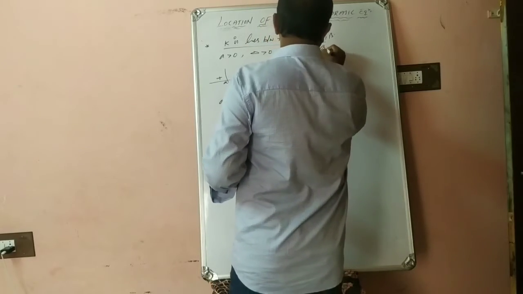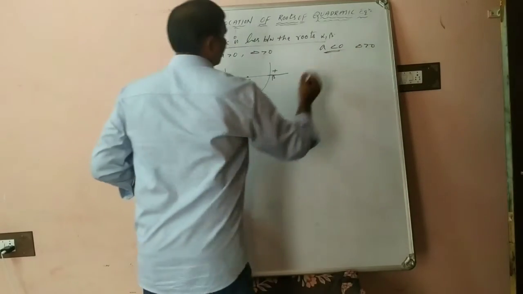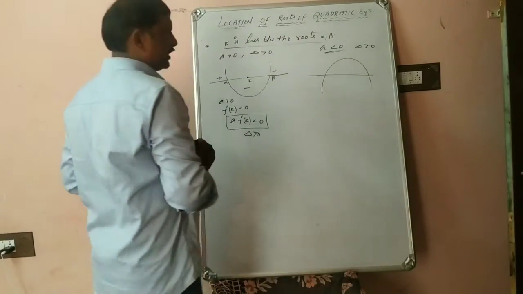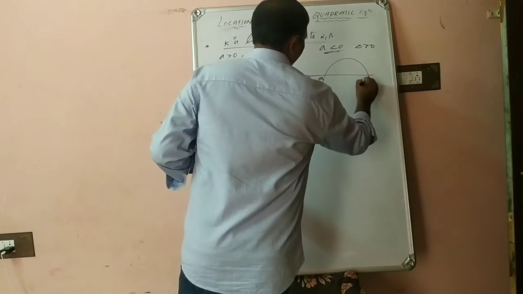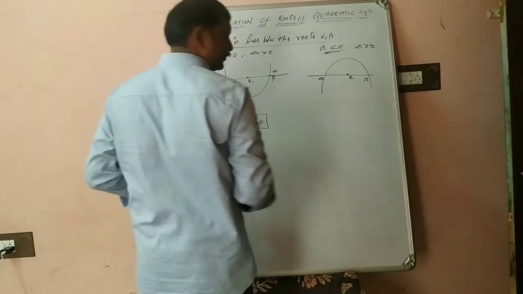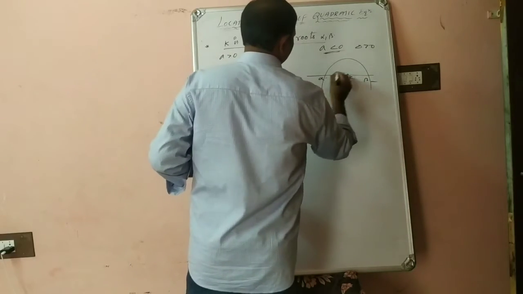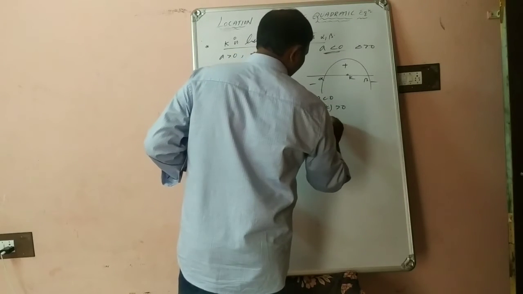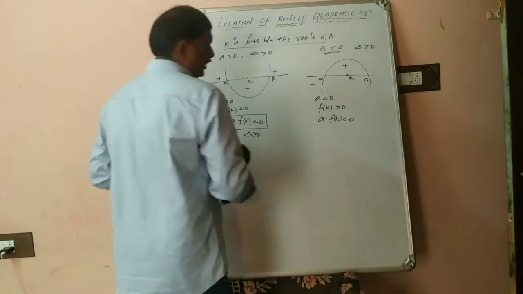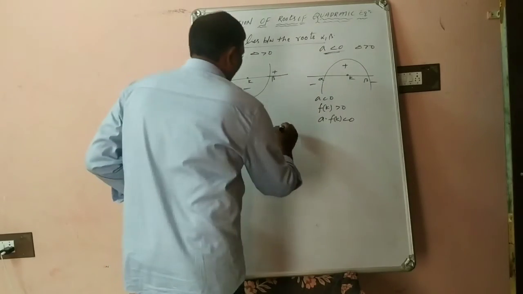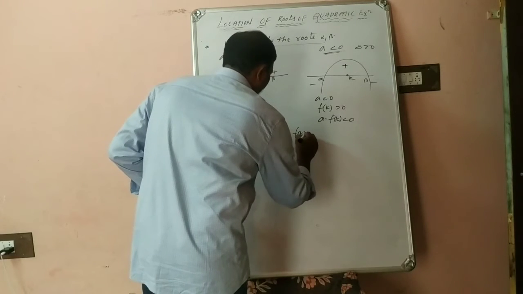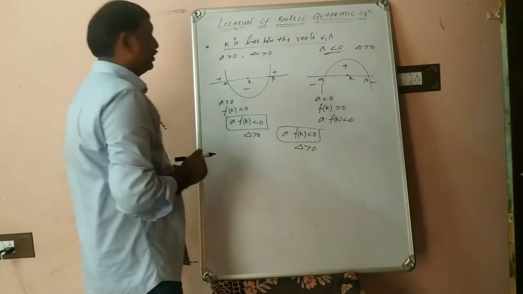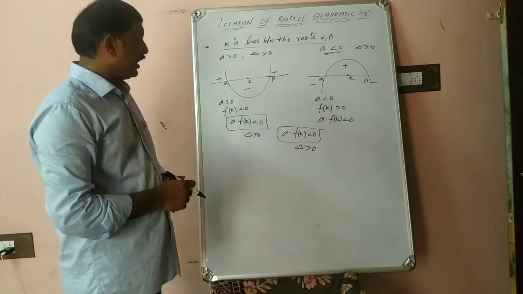The first case is done; what is the second case? If a less than 0 and delta greater than 0, you will get a downward parabola. The downward parabola will intersect at two distinct points, alpha and beta, because delta is greater than 0, whereas k lies in between. So here also, like minus, plus and minus, a negative, f of k is positive. So a into f of k is negative, in the case of delta greater than 0. In both the cases, what can be concluded is that a into f of k is negative and delta is greater than 0. So finally, a into f of k is negative and delta is greater than 0.